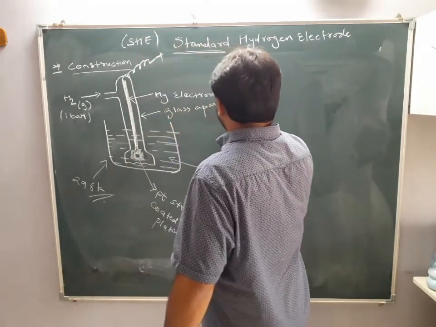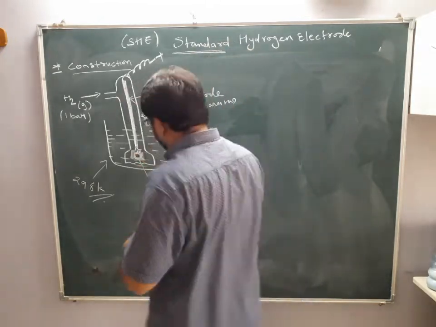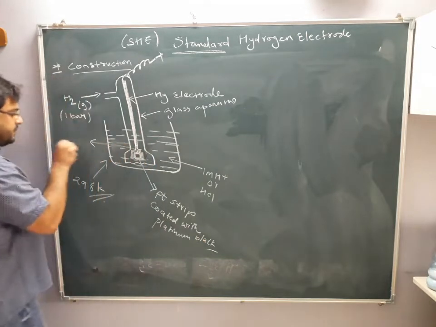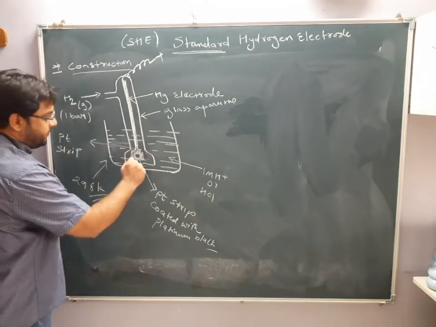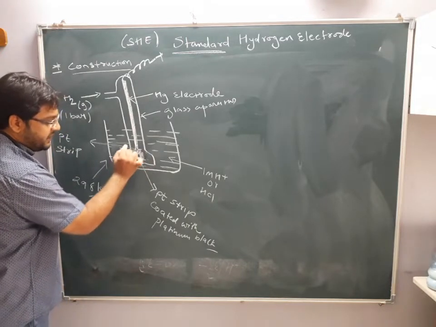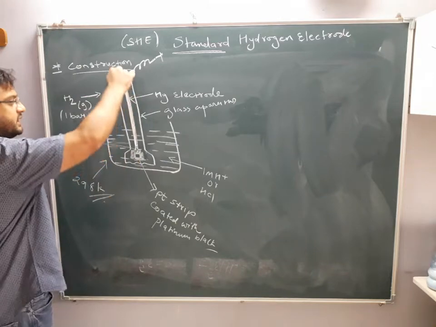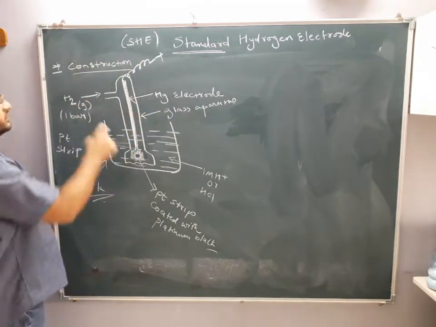Okay. Next, this is connected with a platinum. This is a small platinum strip here. You can write it down. If it is given in the book, I don't know. Platinum strip. Okay. Small platinum strip, and this is platinum black, or a small platinum strip here also, which is coated with what? Platinum black. This is connected to a Hg electrode to make contact with what? Electric current. This is one glass jar.